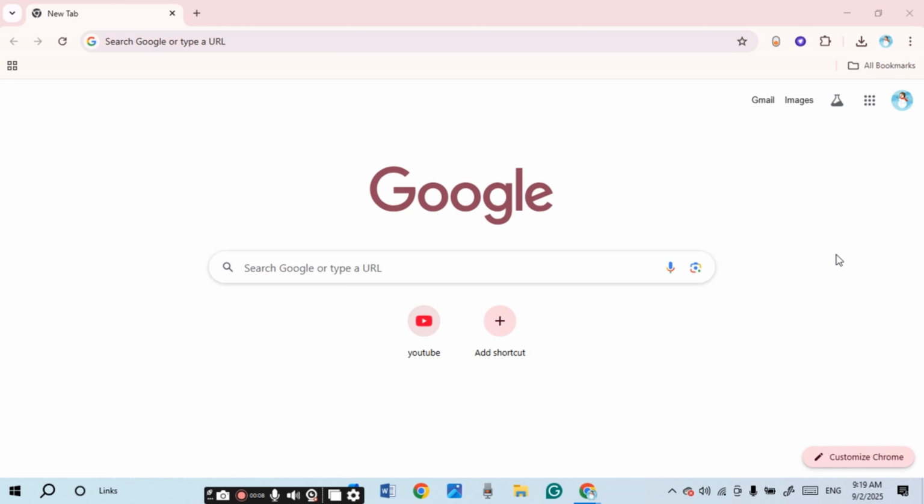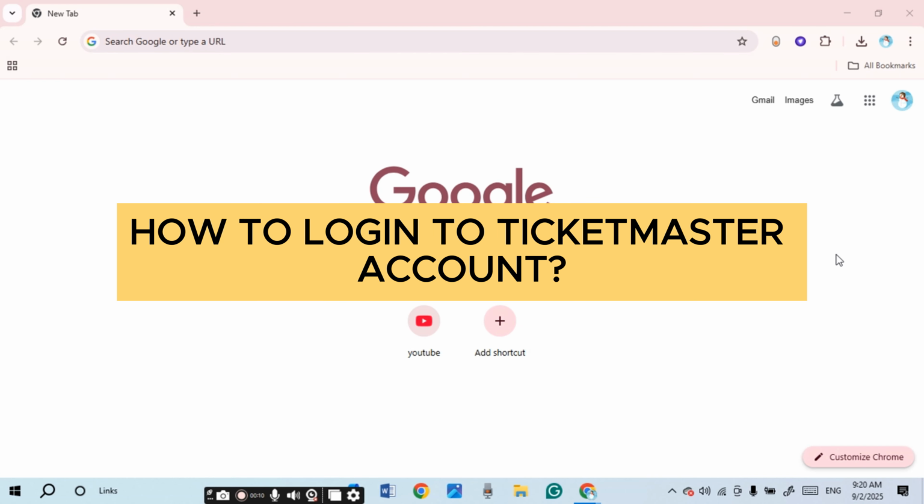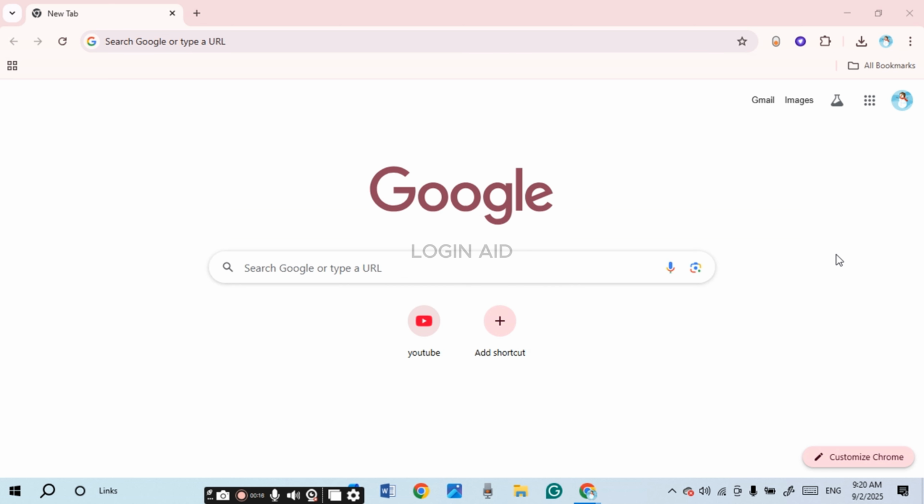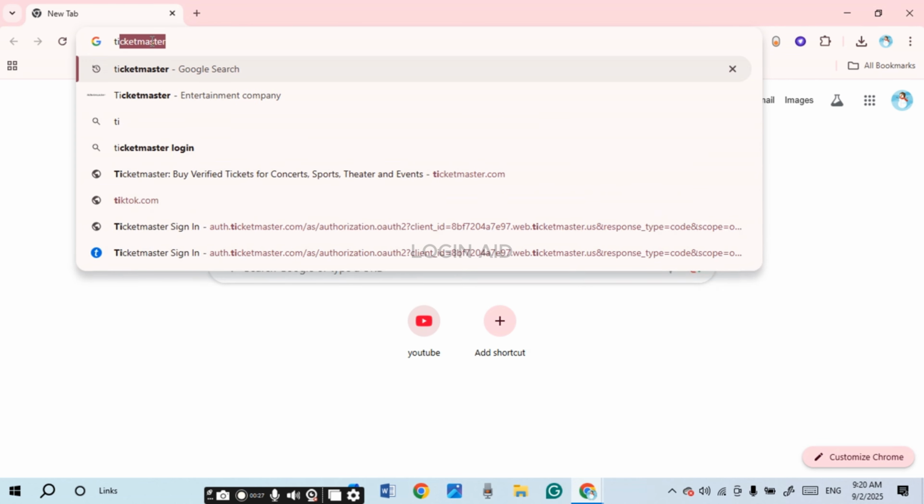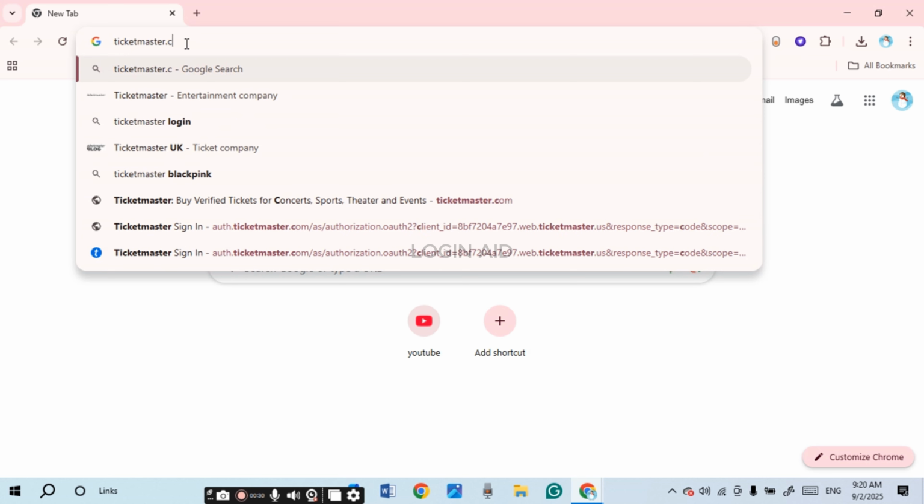In today's video, I'll teach you how to log in to Ticketmaster account. So first of all, what you have to do is launch any browser of your choice, or you can also open the Ticketmaster application if you want. If you have opened the browser, what you have to do is click on the search bar and type in